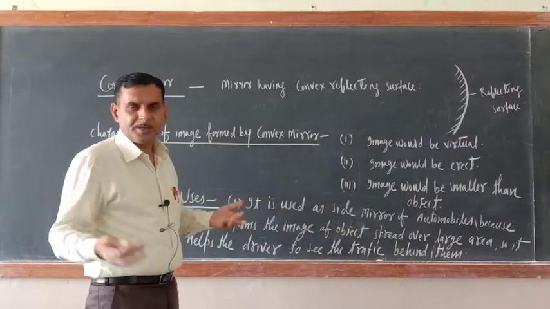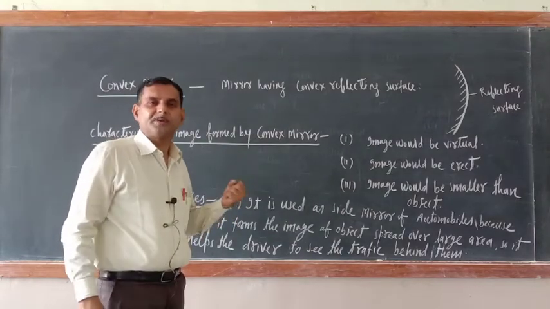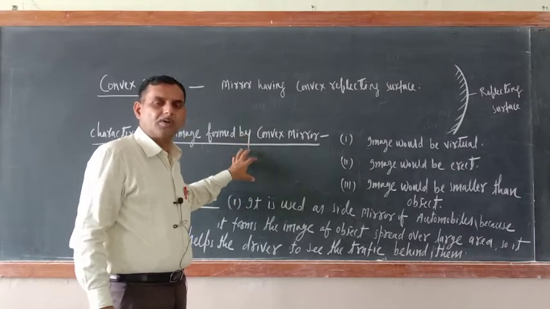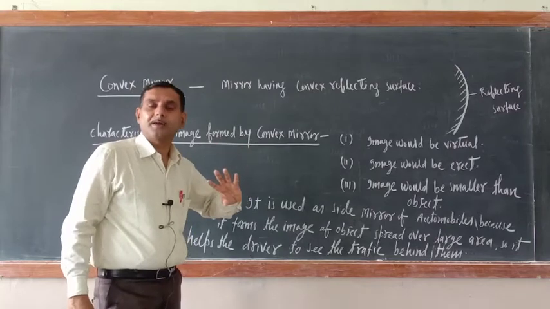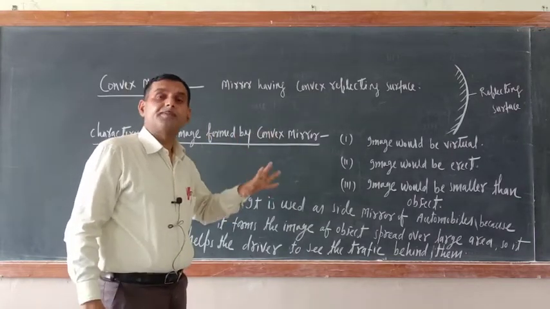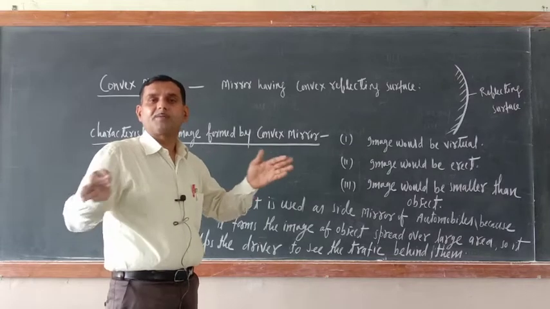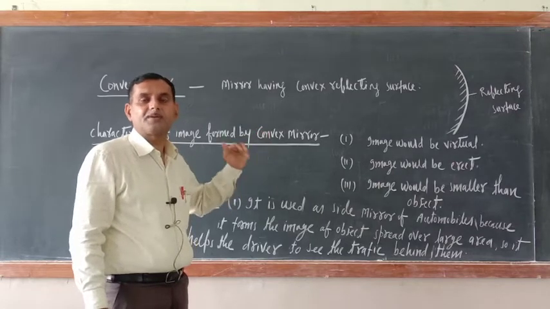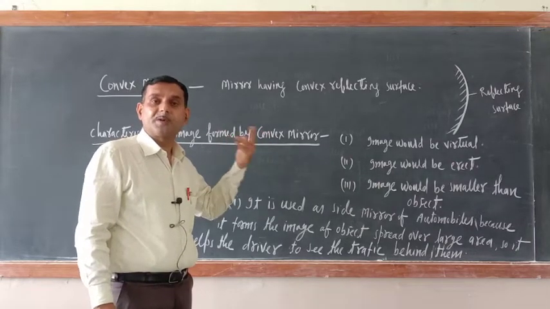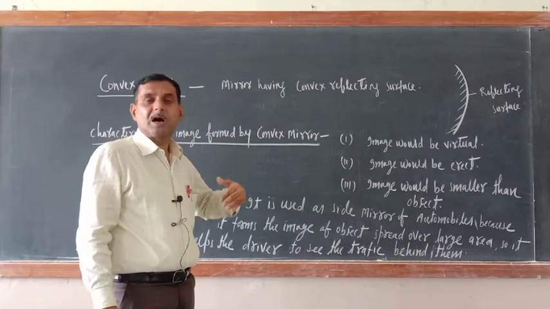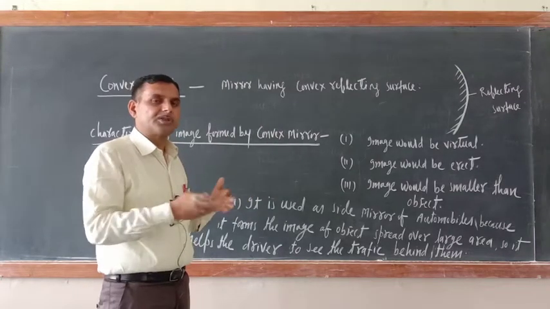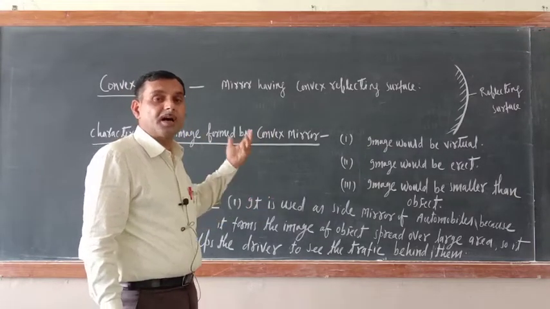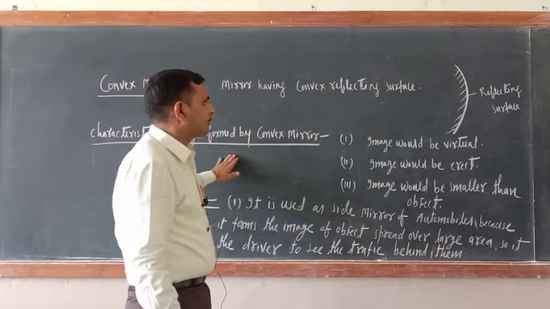Since you are away from me, I could not perform the activity, and there is a problem with the extra marks also, otherwise I would have shown you. So now try to understand. If you have a concave and convex mirror, even if you do not have them, try hard to get them and perform this activity. Very easily you will come to know the meaning of erect, inverted, real, virtual, smaller than the object, and greater than the object. You can see these things easily while performing the activity. So now the mirror is completely done.